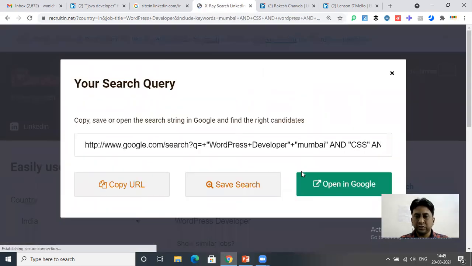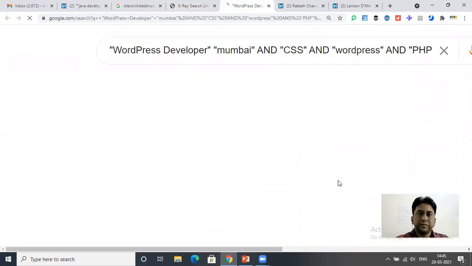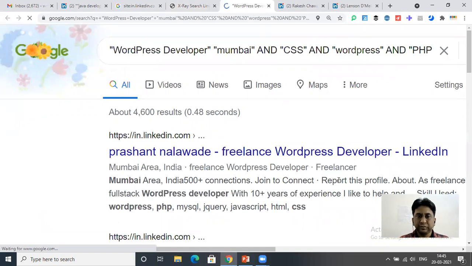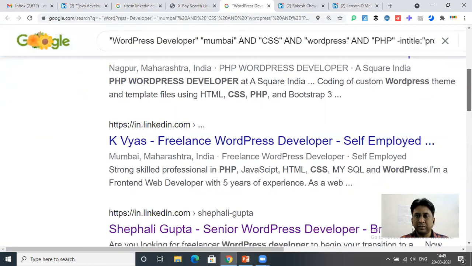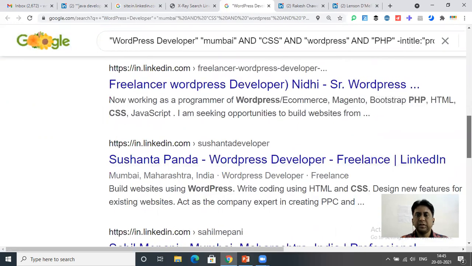So this is the search. You can copy this or you can directly open here. So here you got near about 4,600 PHP WordPress developers. Okay.